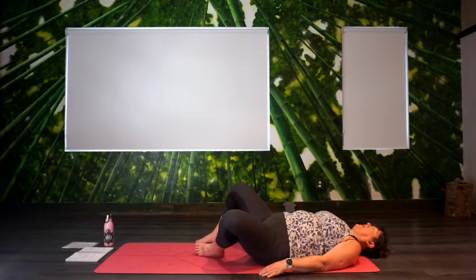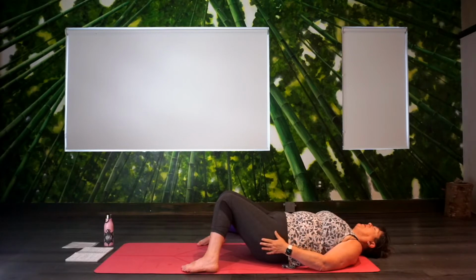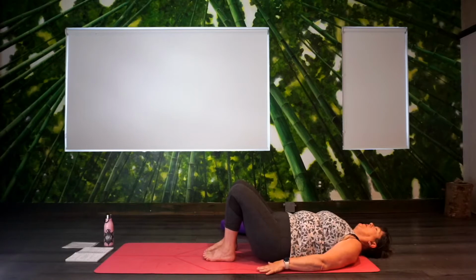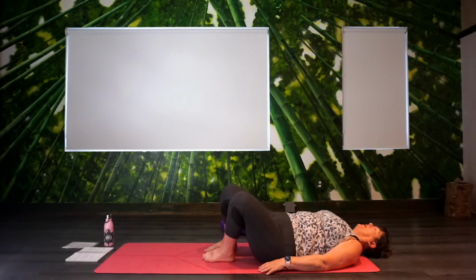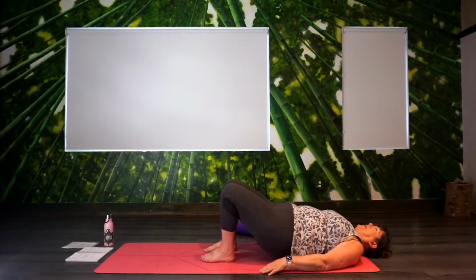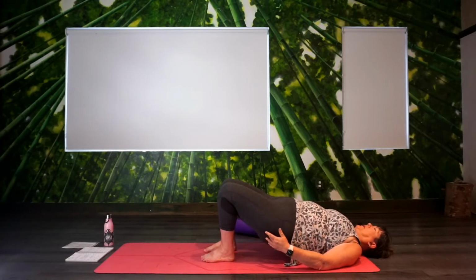Let's bring the feet to the outside edges of the mat and let the knees come in towards each other. Just a little bit of a counter stretch. And then we'll come into bridge one more time. I do want us to keep our hands flat as we are going to do something a little different with our feet. So on the inhale, lifting the hips, maybe adjusting the shoulder blades a little, keeping the knees hip